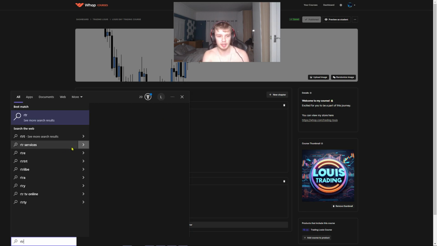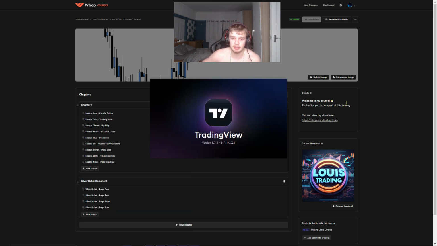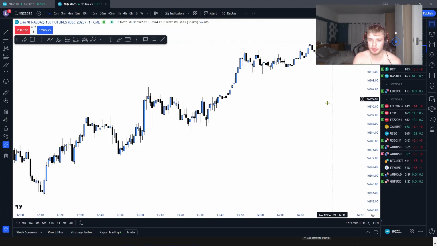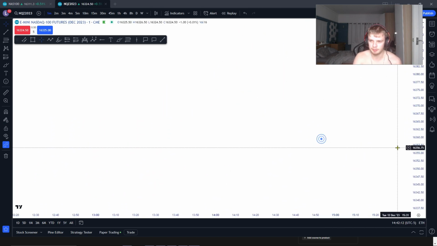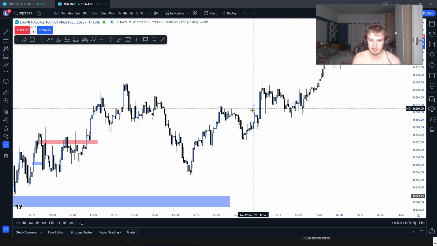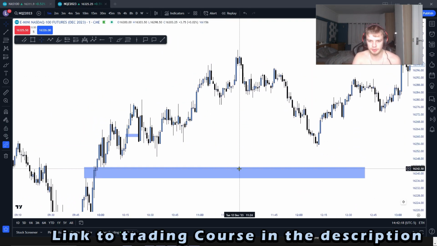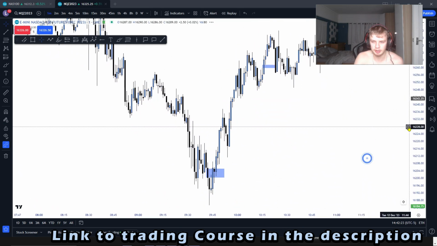So with that being said, let's jump into how to trade the silver bullet. So first of all, what you are going to look for in the market is opposing liquidity. Now, what I mean by that is, let's say we are looking at a chart. You want to see where the price action is heading to. So let's say, for example, today,